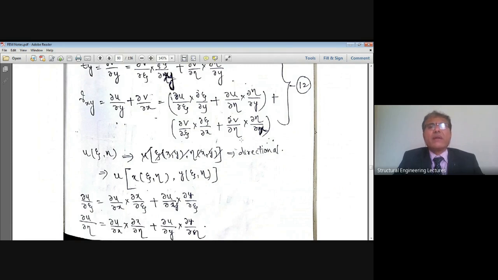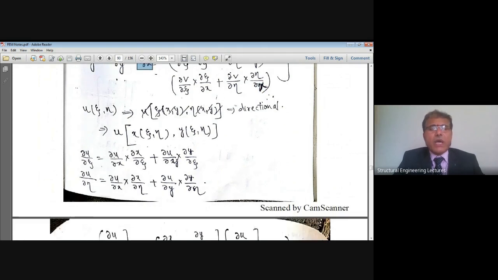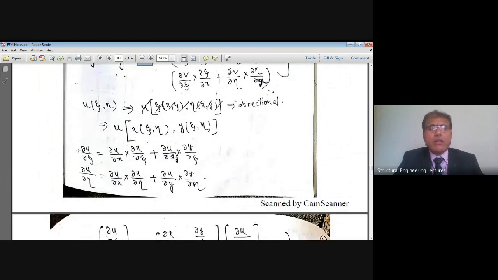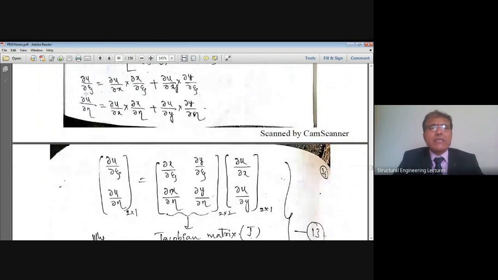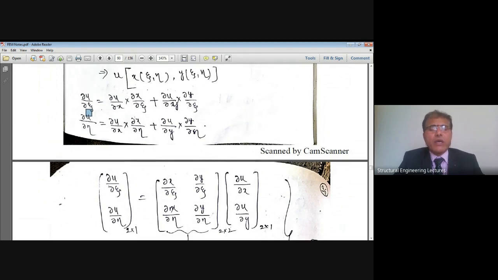Dou y. Sorry, students, this is dou x because this is with respect to x, right? Dou x, right? Therefore, that is how. Now, I'll recall this. Instead of u, even you can have v or any function f. Therefore, I'll recall dou f by dou xi, dou f by dou eta, where f is equal to u or where f is equal to v, or as appropriate, right? Then that is how dou u by dou xi and dou u by dou eta.